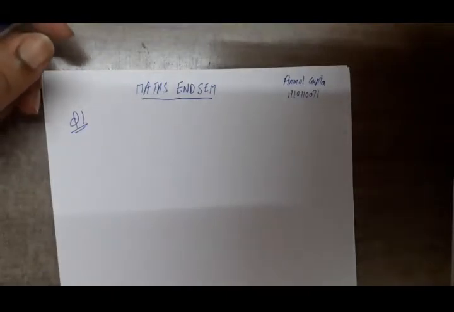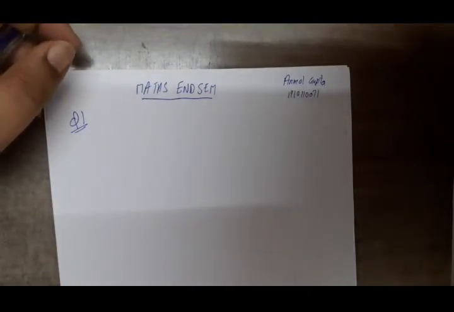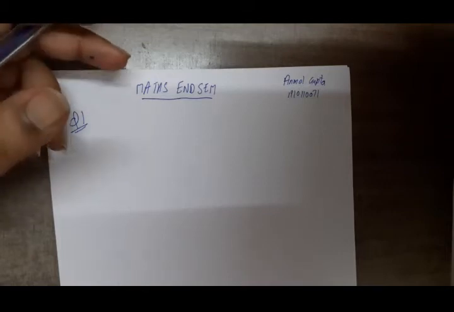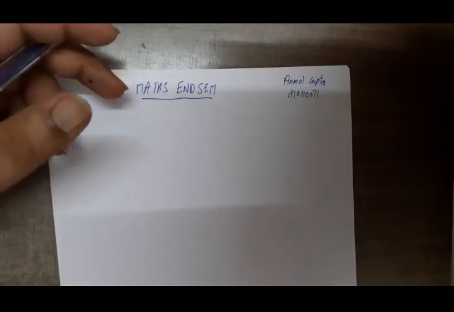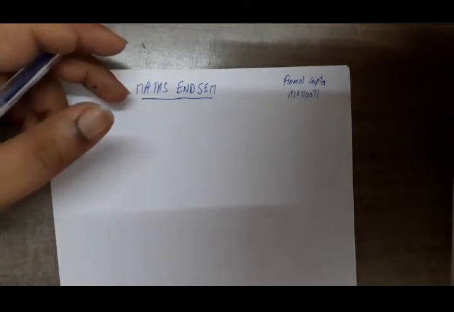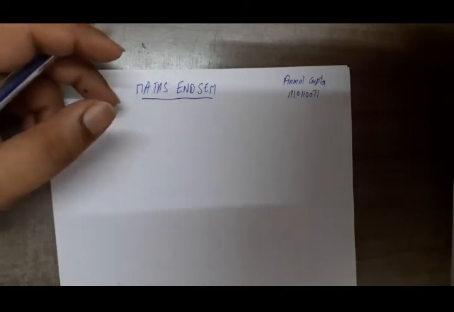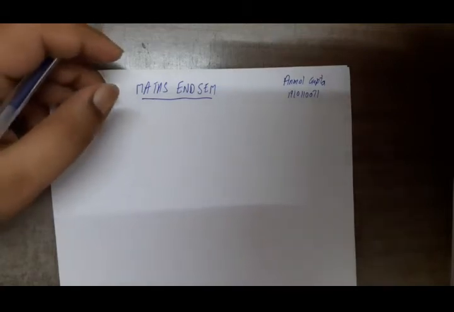So question 1 for maths NSEM is: in a room containing 20,000 cubic feet of air, 600 cubic feet of fresh air flows in per minute and the mixture is always practically uniform, and the air is exhausted at a rate of 600 cubic feet per minute. We have to find the amount of fresh air at any time t, provided that at time t equals 0 there was no fresh air, and we also have to find the time at which 90% of the air will be fresh.